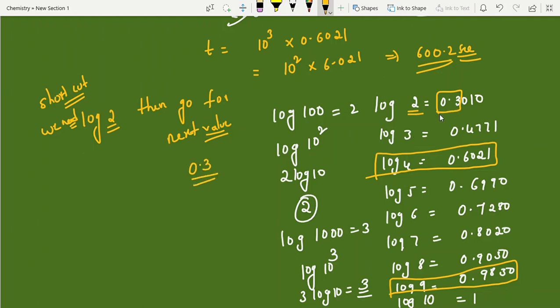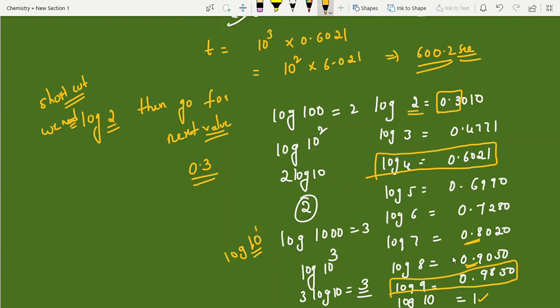In logarithm books, we see log 20 and so on, but here you need not see that. They will give logarithm tables in the examination also. Sometimes it may come to your place, it may not. Better to remember all the values. It's easy. Log 3, very next number. Log 5, next number, log 6, log 7, next number, 0.8, 0.9. Log 10 is 1, same as 10 to the power of 1.